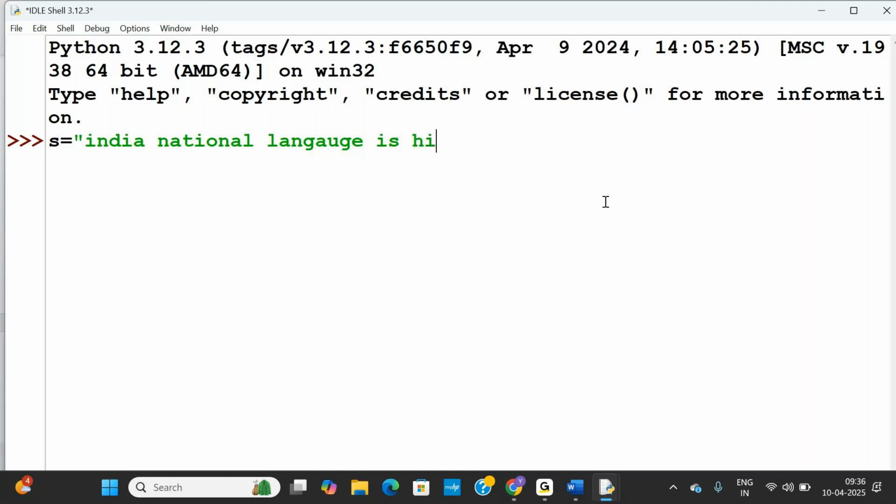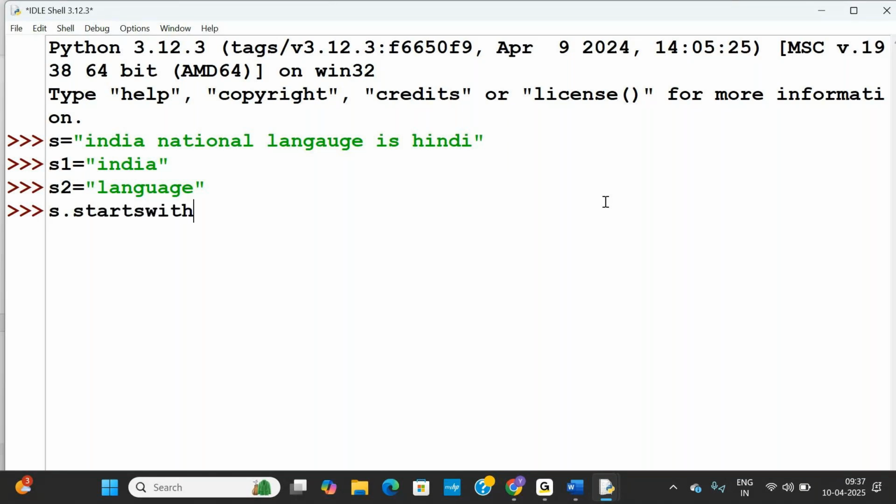I gave s1 is equal to India and s2 is equal to language. Okay. So s dot you need to take startswith of